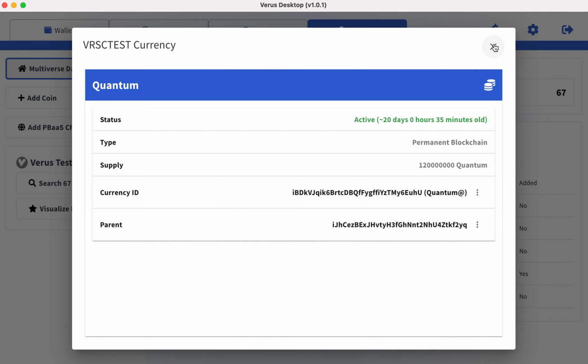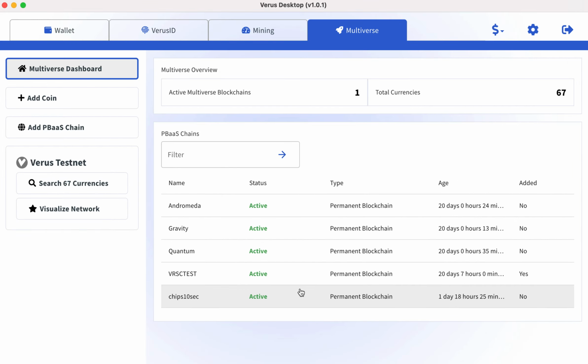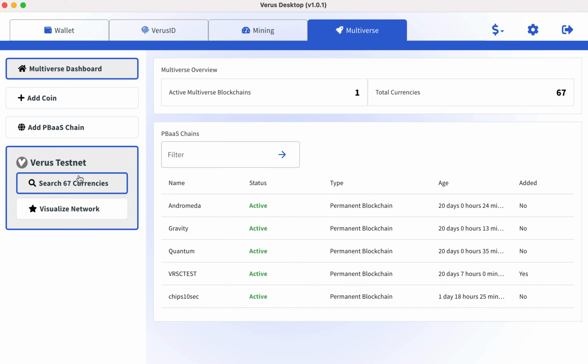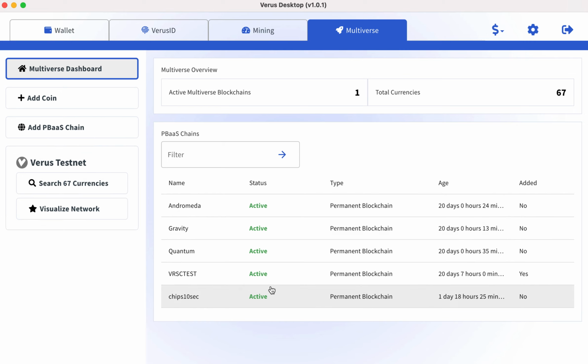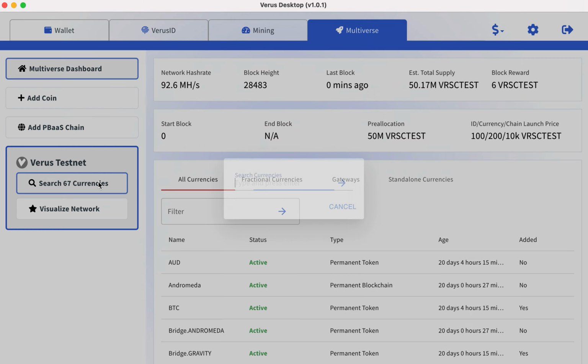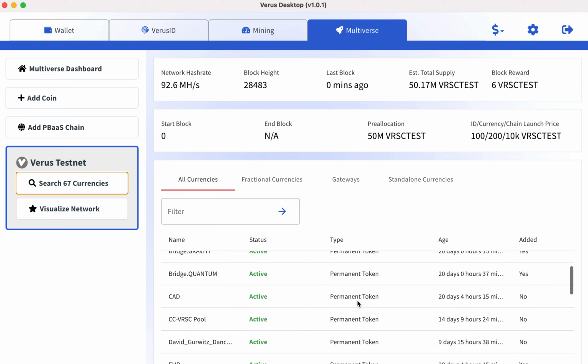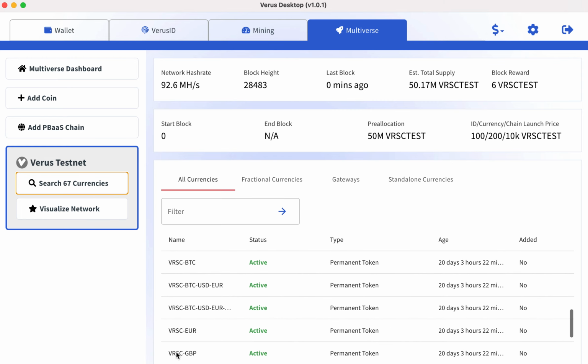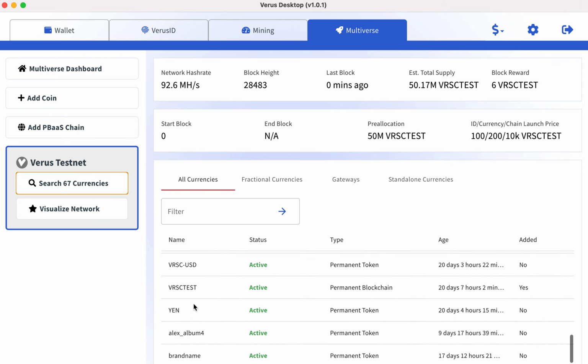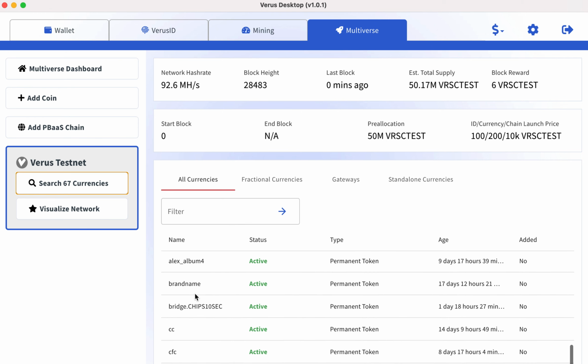And when we close that, we can also search all the currencies that are available on the Verus testnet. Now, remember, or maybe you don't know, that each of these named blockchains and each of these named currencies that we've now pulled up here are created from a Verus ID. And so, for example, you can see